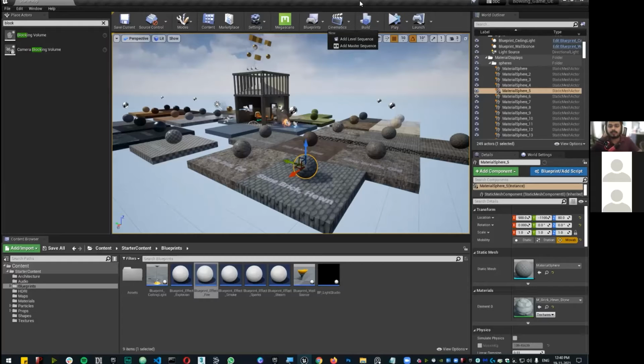All right. And then you have the build button, which allows you to build pre-computed data, like pre-computed visibility, pre-computed light maps, reflections, navigations, all of the stuff that you